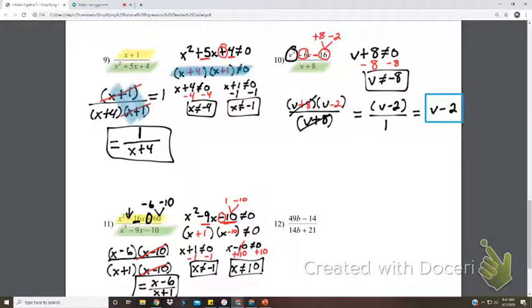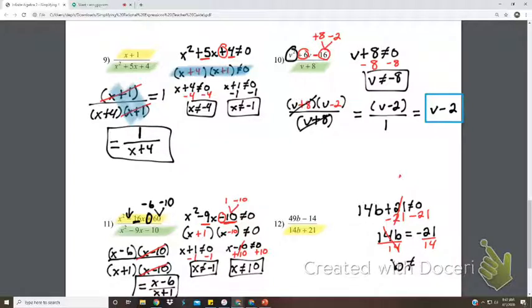So number 12 is kind of tricky. It's more like number 8 and number 7, where we had to look for common factors. So I'm going to start by taking the denominator, 14b plus 21, and that cannot be equal to 0. So I'm going to subtract 21 on both sides, which leaves 14 times b equal to negative 21. I'm going to divide both sides by 14. So b cannot be equal to